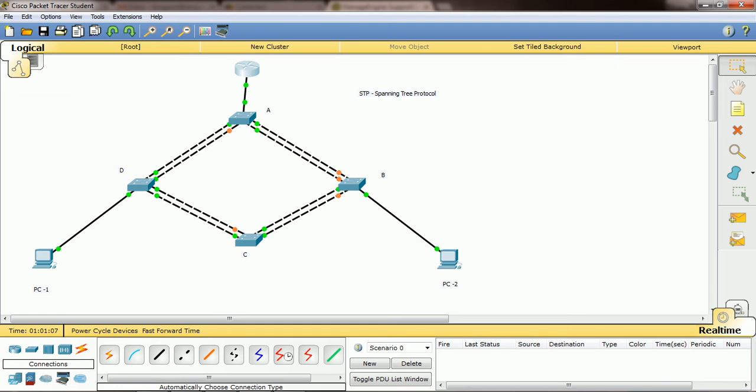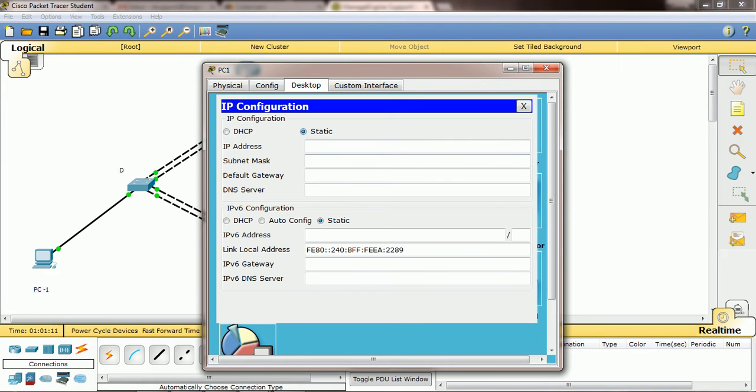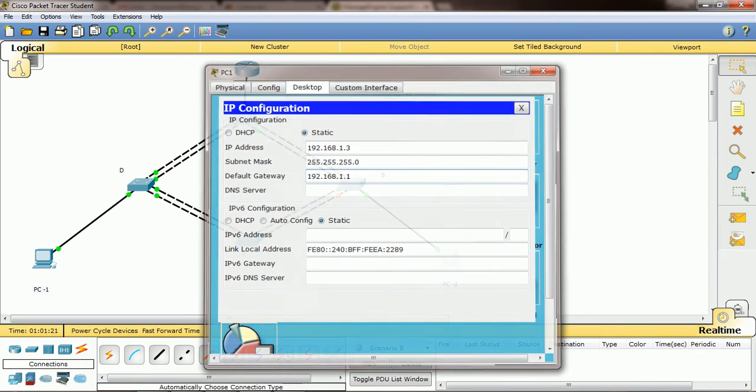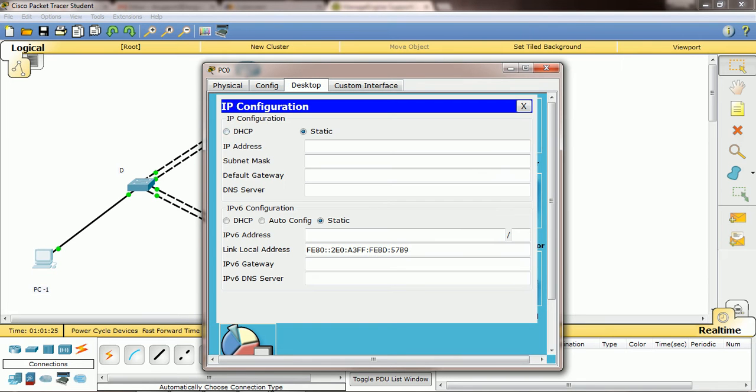Now I will assign static IPs from that range. I will give 192.168.1.3 for this one, and the default gateway is 1.1, right? And I will give 192.168.1.2 for this one, and the default gateway is 1.1, right?